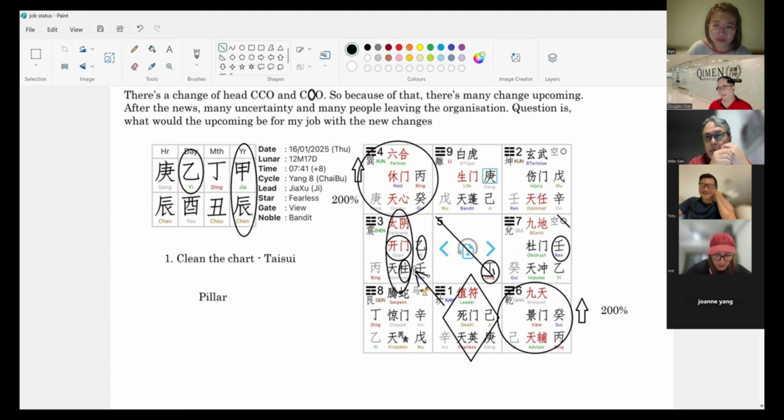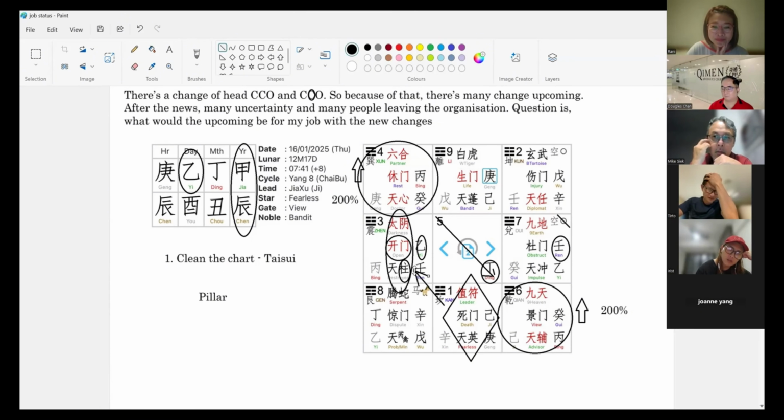I want to, Master. It's funny that we did a practice on this, my sister and I and Iris. I was asking this kind of question, and then after we learned the Tai Sui, the emptiness became null, and there's a Keng in the palace that shows a lot of challenge, and I've been dealing with challenge. Oh, you're talking about your chart related to yourself. Yes, the chart was related to my being sent interstate for work.